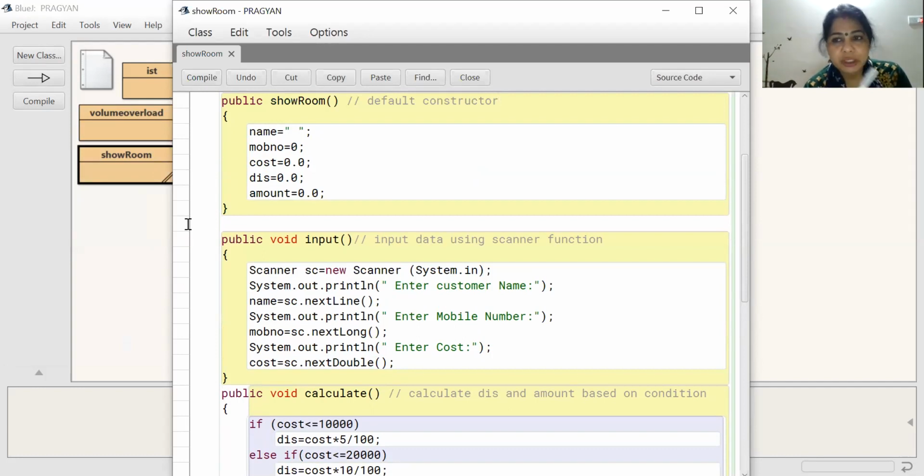Okay, now the question arises where you have to use the parameterized constructor. If your program does not have any input functions and you are asked to use the parameterized constructor, then you give the details here, you write the arguments, and in the main method you input the data and provide the arguments. So in my next session I will show you how to use the parameterized constructor.